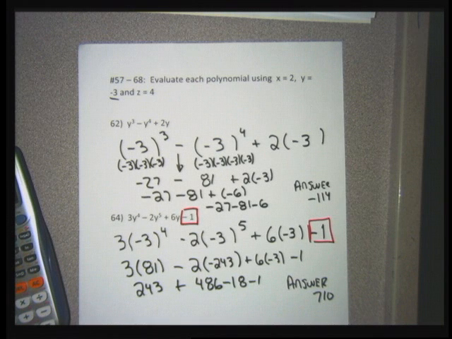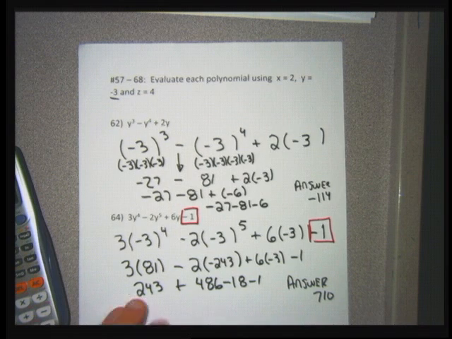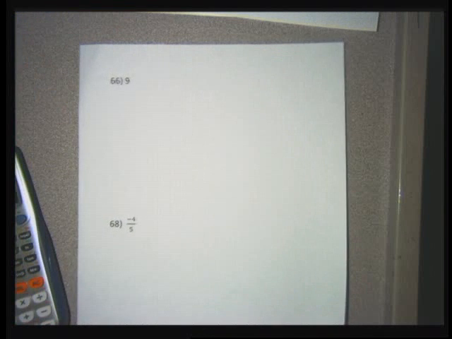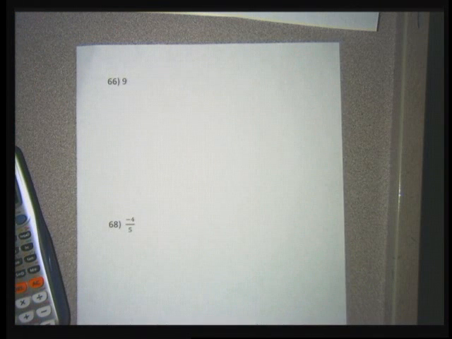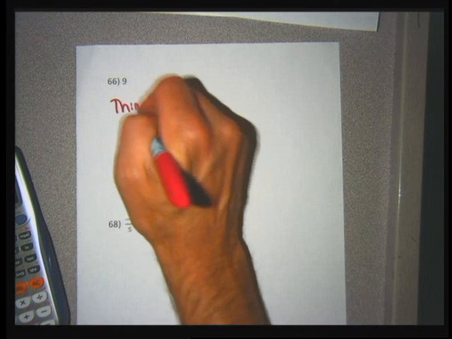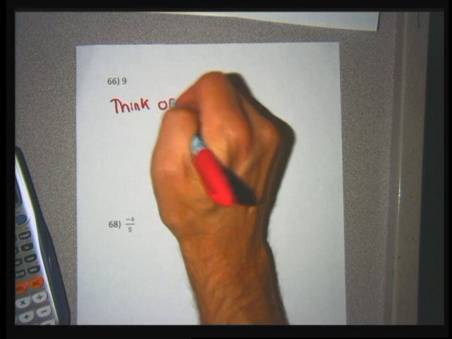When we get to a problem that doesn't have a letter, you might get confused, and that should be coming up pretty quickly here. And what I did to the negative 1 in this problem is what I'm going to do when I get a problem that doesn't have a letter. Magically, that comes to be problems 9 and 66 and 68. So if you wanted to, you don't have to, but you certainly could think of this